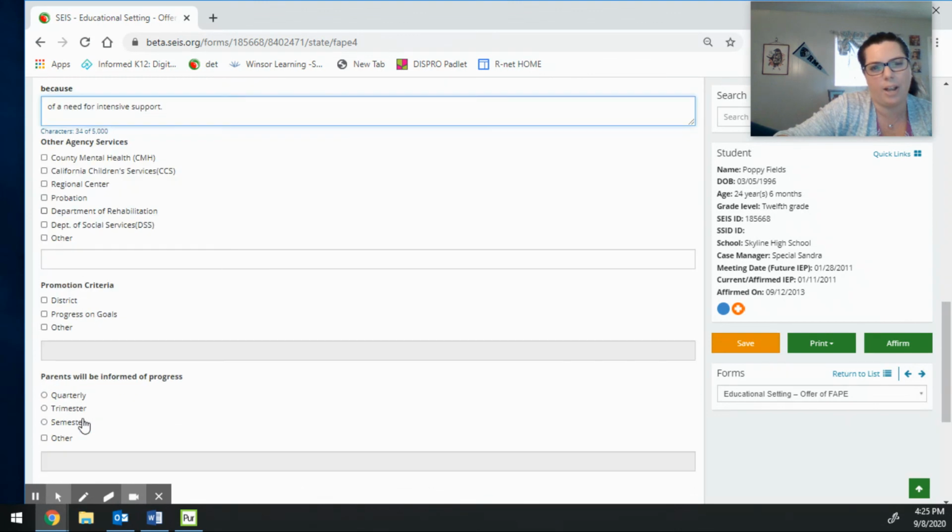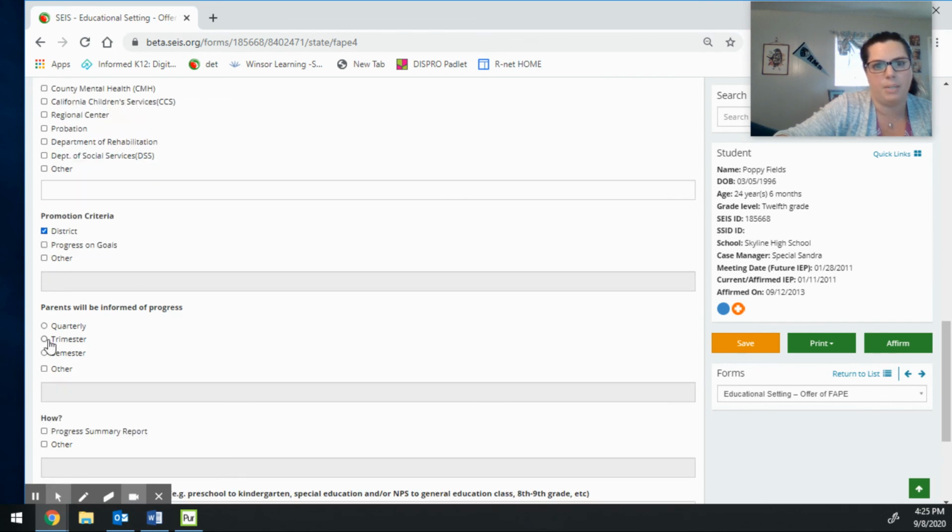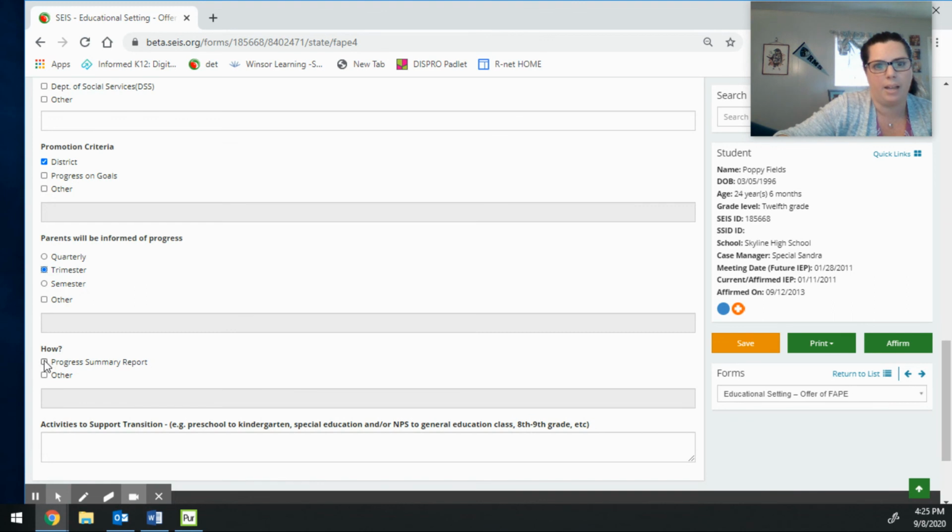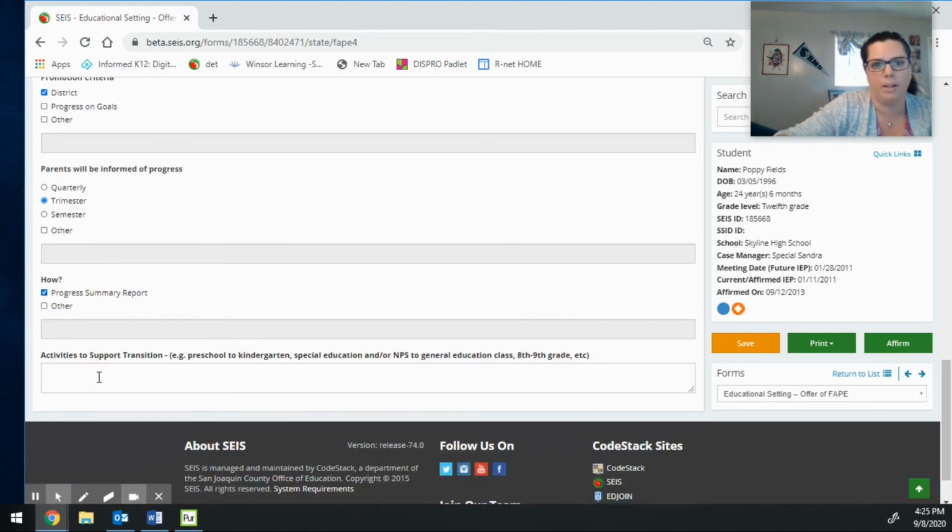Then you would note any other agencies that are involved, and promotion is based on the district, and we update every trimester by progress summary support. And if there's no transition, you say no transition at this time and hit save